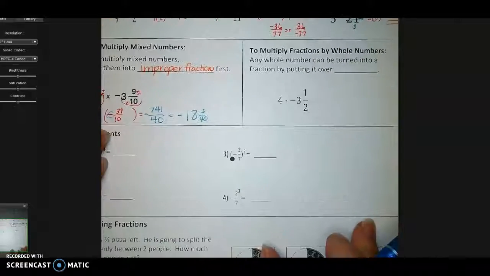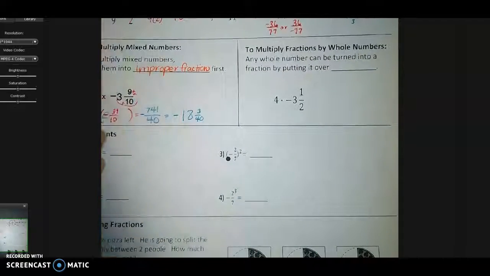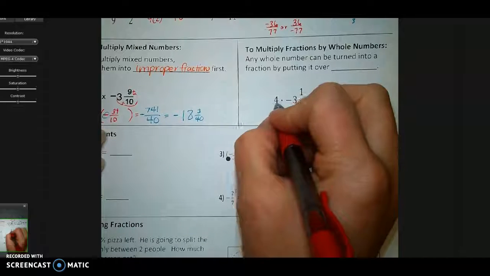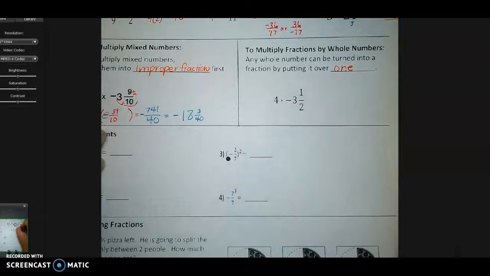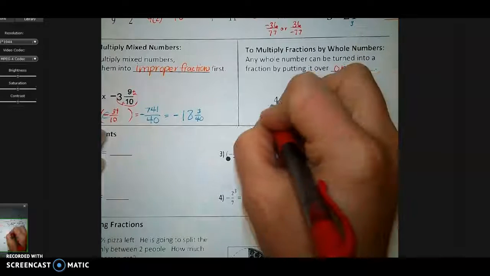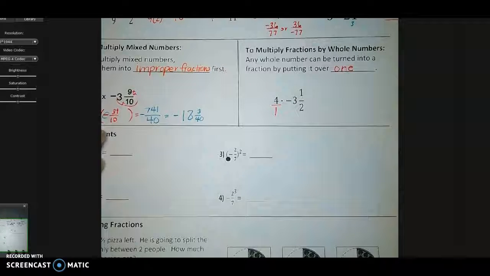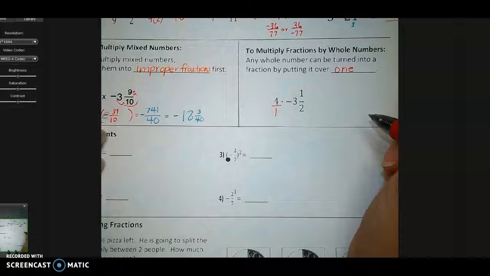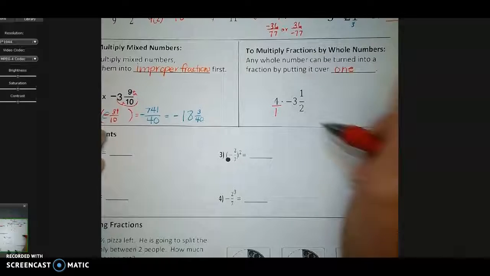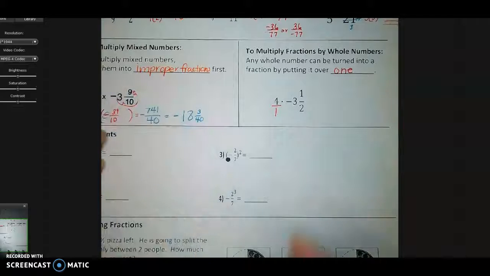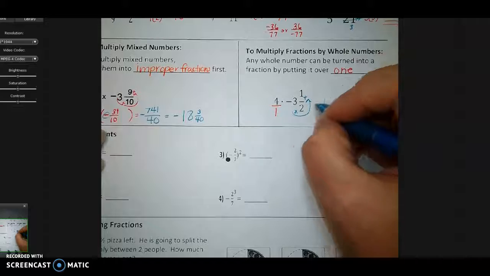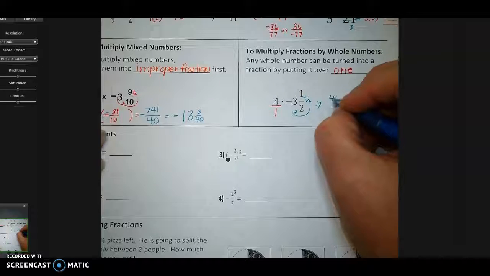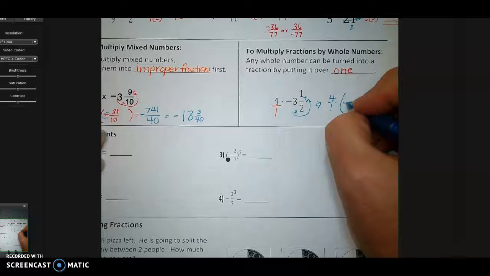Over here, if I've got a whole number involved and there's fractions, I can make any number into a fraction simply by putting it over top of the number 1. And we have our little Beyonce song, sung to, if you like it, then you should have put a ring on it: any number is a fraction, put a 1 under it. So just to help you get that stuck in your head a little bit better. So I'm going to turn this mixed number into an improper fraction. So now I've got 4 over 1 times negative